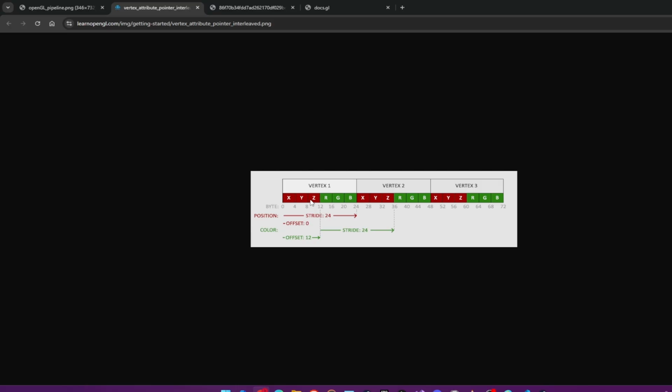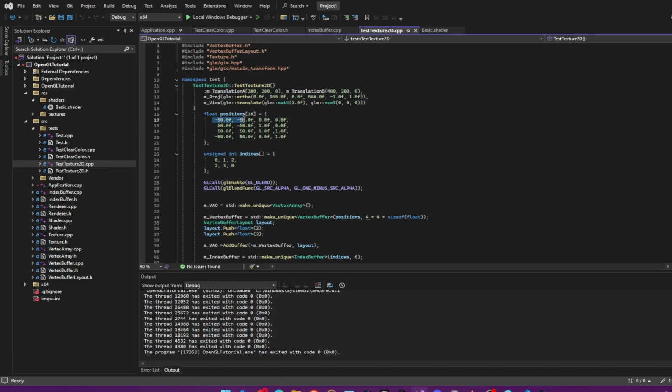So in color, as you can see, we also have offset 0 for position because it starts at the start of the vertex. Whereas for color, it's offset 12 because it starts at the second position in the vertex. The location is 2, but then there's an offset of 12 bytes before it. So this will be a vertex, and in my demonstration I am passing positions as well as these coordinates. These are texture coordinates, which I'll explain when I